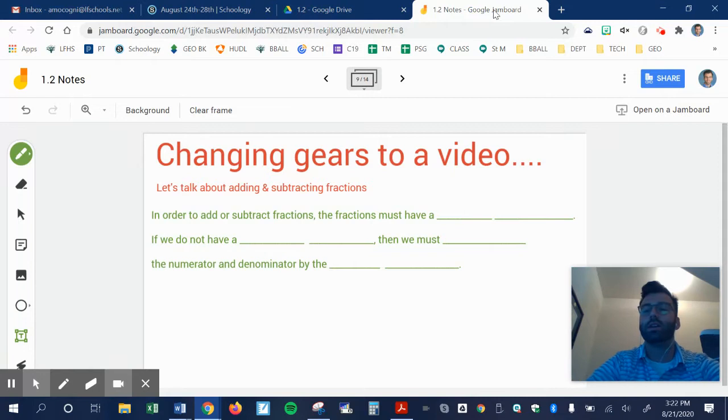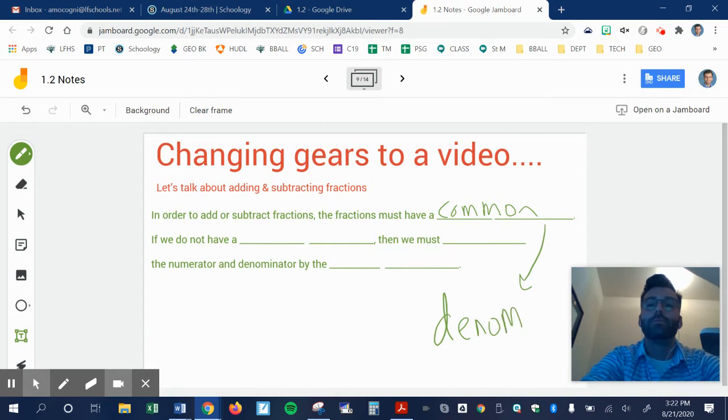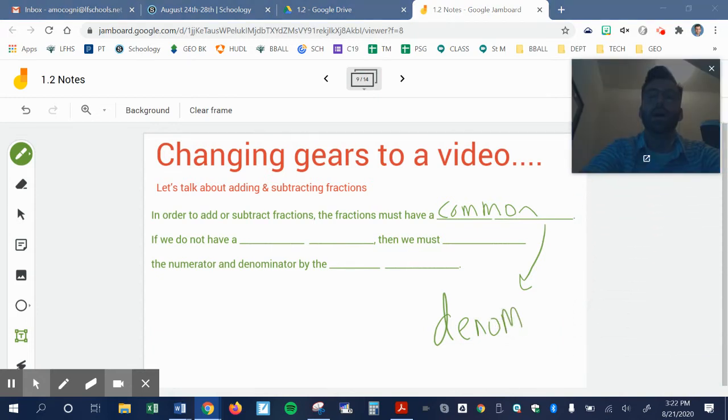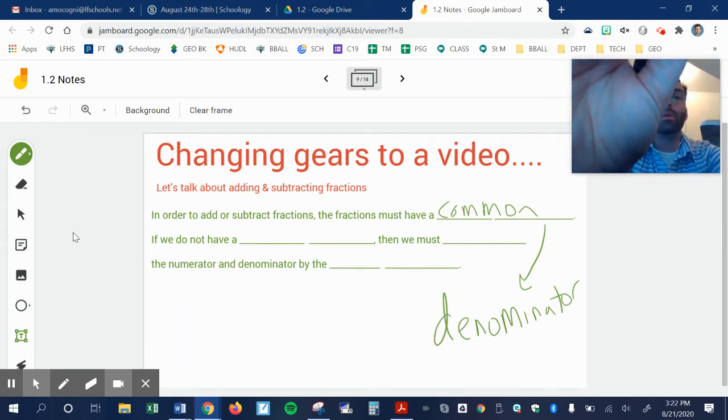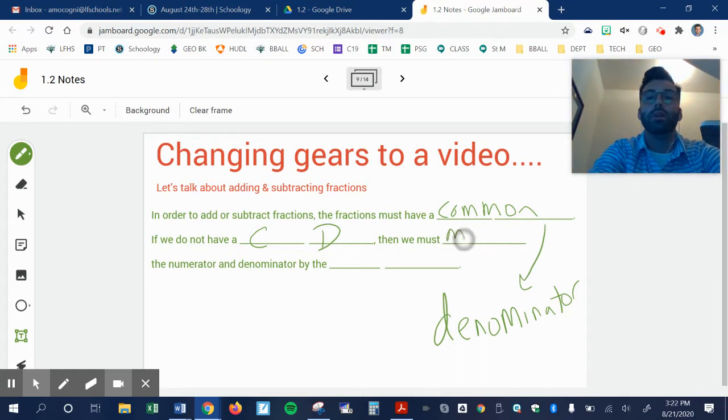So let's think about this. In order to add or subtract fractions, what do we need? We need a common denominator. I'm going to do my best with this. It's kind of hard to write on this thing. Denominator is right here. If you can't really read my handwriting, sorry. If we do not have a common denominator, and I'm going to abbreviate that CD, then we must multiply